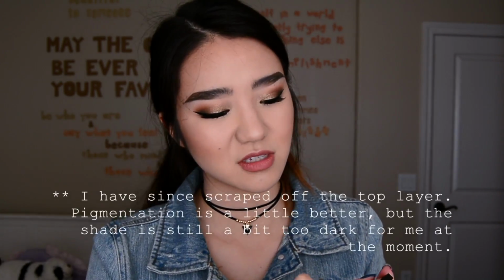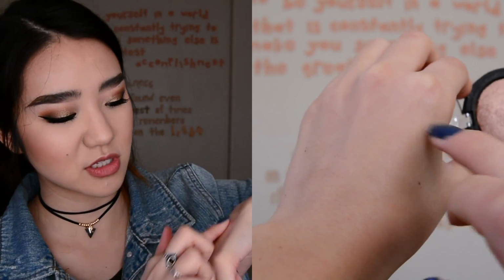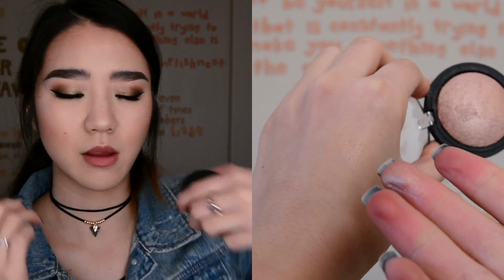Now I've actually seen some people really love this, and some of their swatches are beautiful. So I tried this on my face, and I don't know if it's because of my skin tone. This might work better on someone who is a bit deeper because it'll pop more, but on my skin I was just kind of underwhelmed again by it. It looks beautiful in the pan, but there's not a whole lot of pigmentation being picked up at all. It was so subtle, and on my skin it just